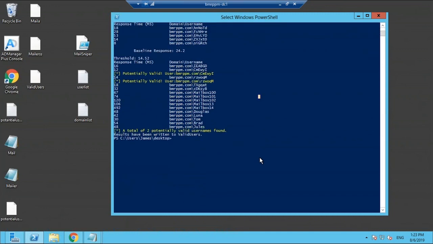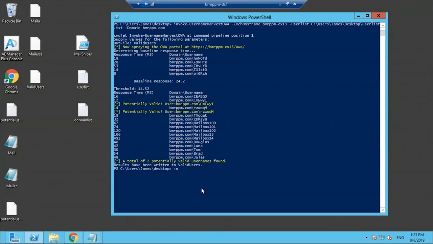All right. Now that we have found valid usernames, let's go ahead and invoke password spray OWA, right? We are going to perform a password spray attack on all of these users, right? So that's invoke password spray. The same process repeats again. That's exchange hostname, VMware PPM-EX13, right? And let's give in the user list, right? The same list that's on the desktop, right? So that's user list.txt, once we have given that,